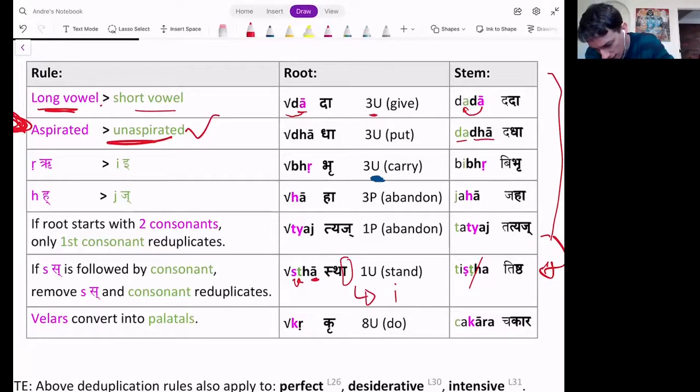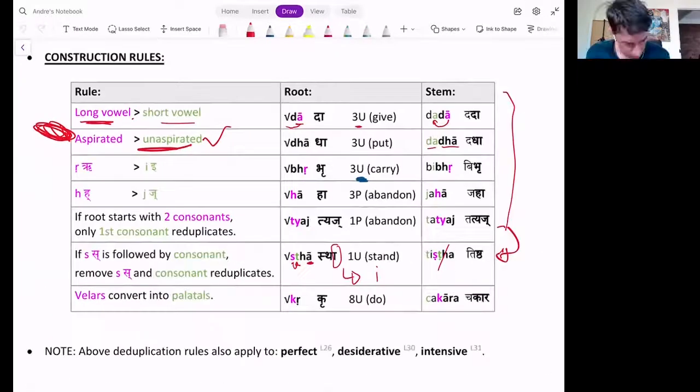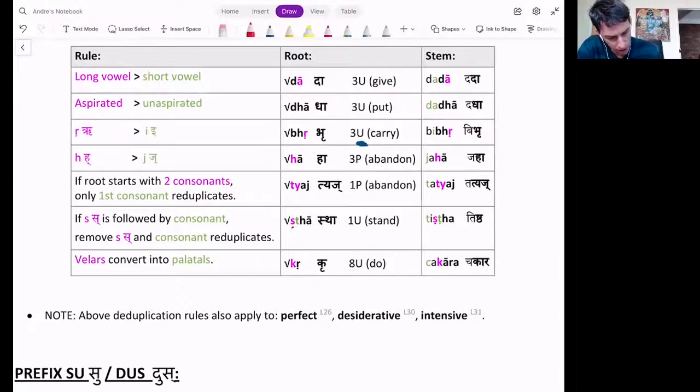So you should say ta, tashta or something, technically. But it says here in my notes, a long A should reduplicate as A, but it reduplicates as E, I guess because of some standard things. Andre, in the text, it also says, I couldn't understand it, but maybe it will help you. Another general rule is that if the root begins with sa followed by a stop, sparsha, only the stop is repeated.